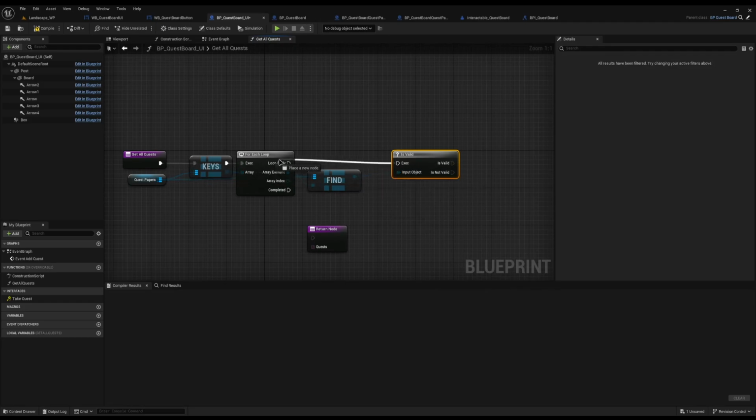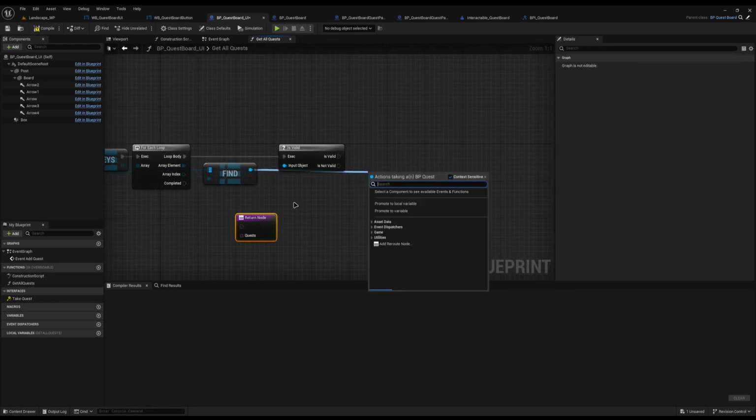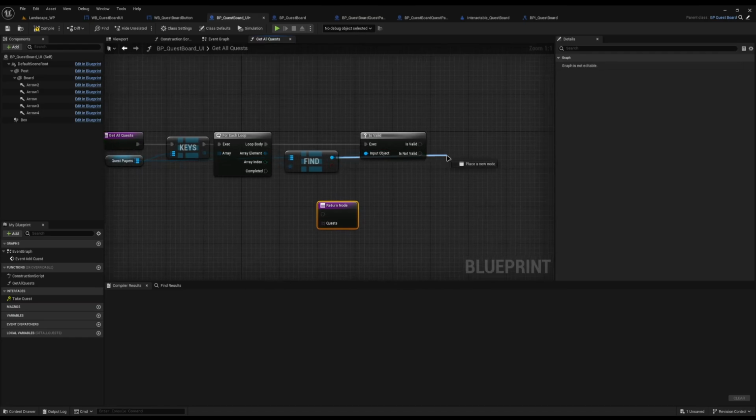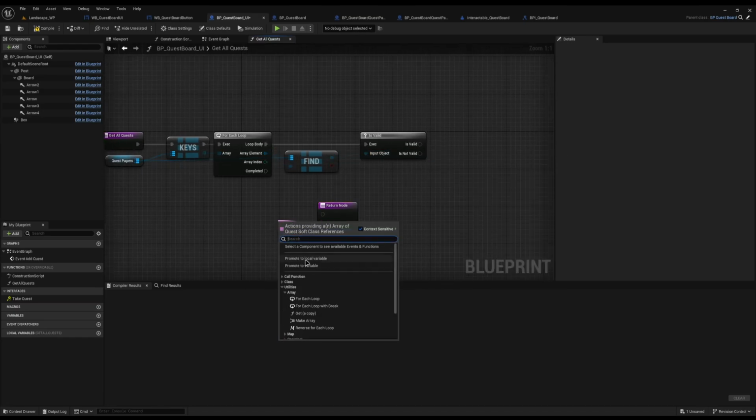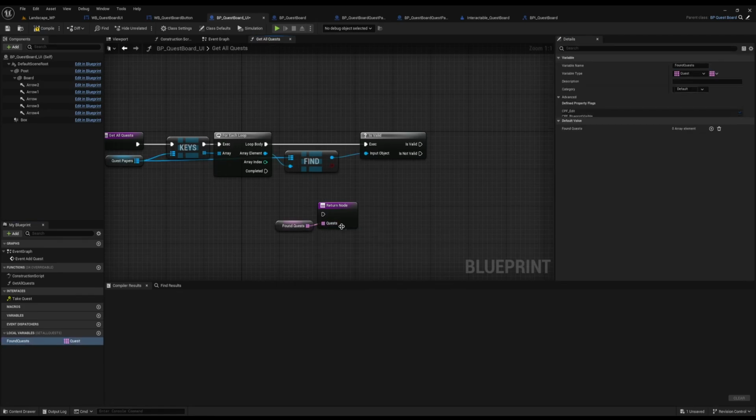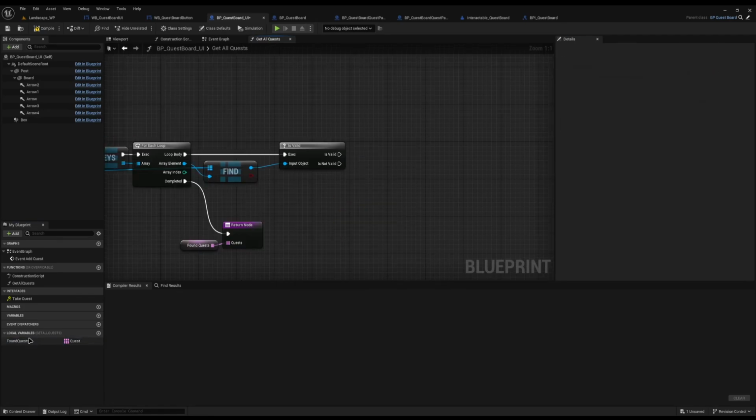If it's valid, then it means it's found a quest actually spawned on it. So now that we've got the actual quest, we need to start making an array of all the quests that this board has so we can return it here. So what I'm going to do is promote this to a local variable called found quests, and I'm just going to keep it returning, plug that into completed for later, and then I'm going to drag found quests